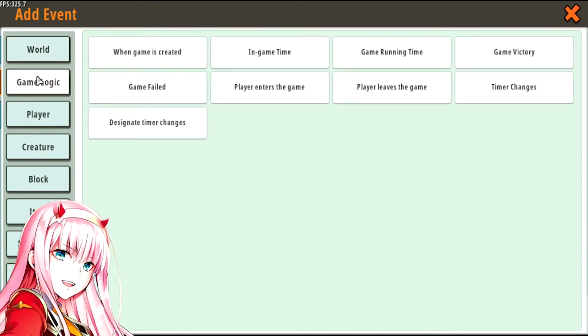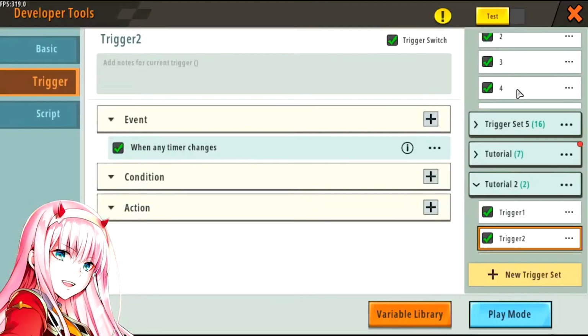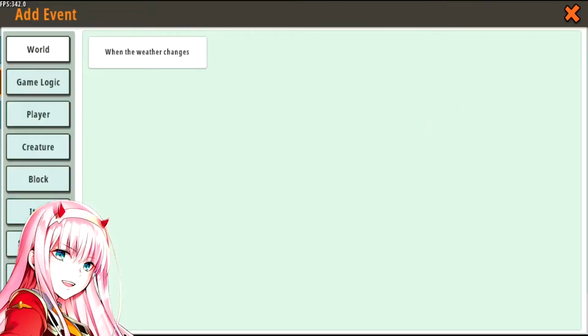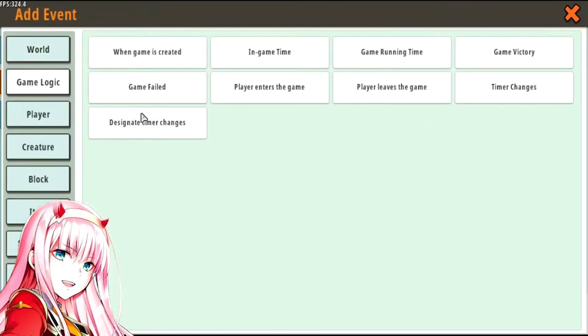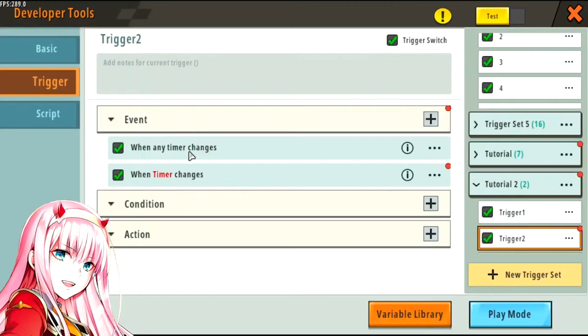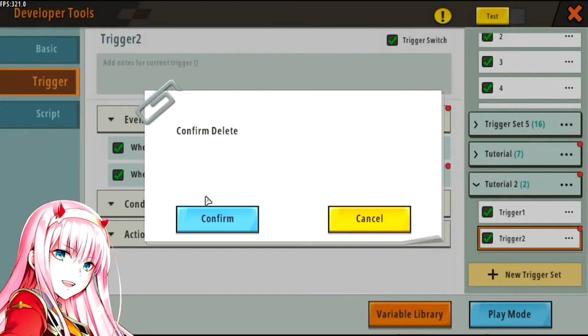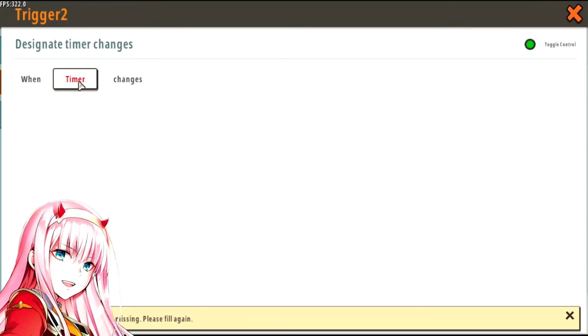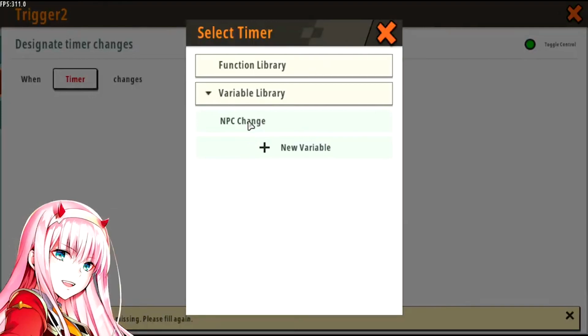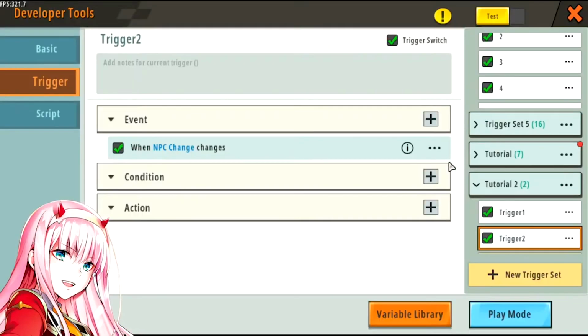First, when the timer changes, you want to find that in here. You want the design timer change, this one. So you select that one, you select the timer variable you already created, and then for condition you want to set